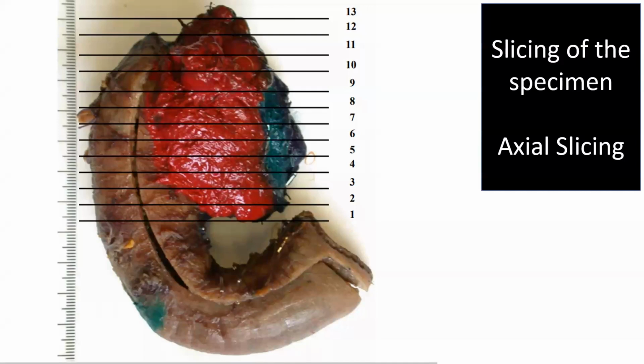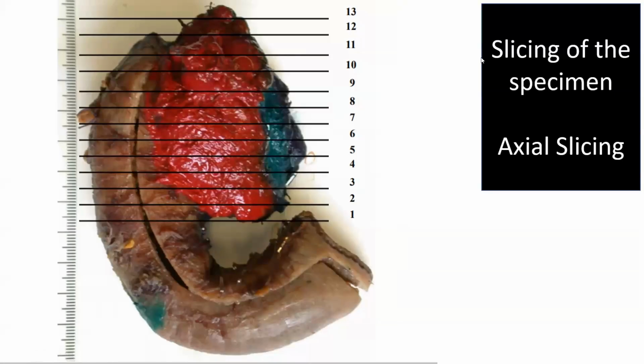And what you will say to the examiner is that number one is the inferior most slice, and numbers 2 to 10 are the sequential slices from the inferior to the superior aspect. And my A11 or block 11 is the superior most aspect of the specimen. Of course, you need to show the examiner,